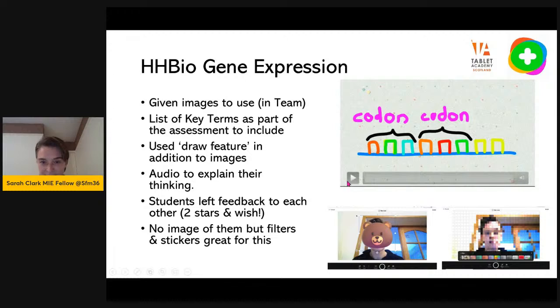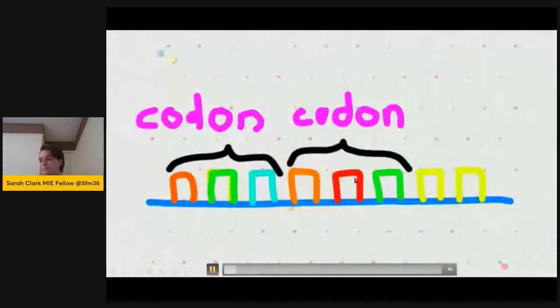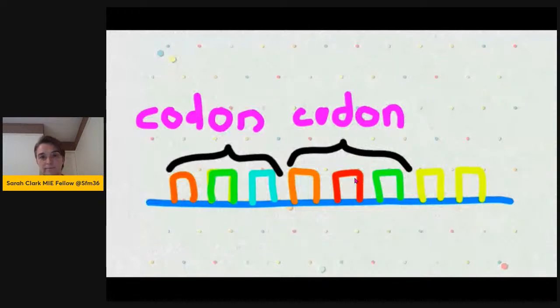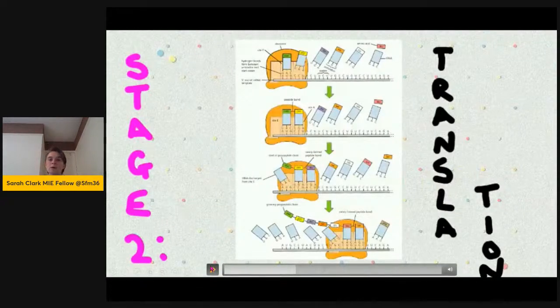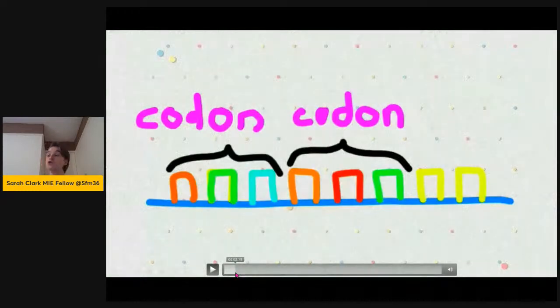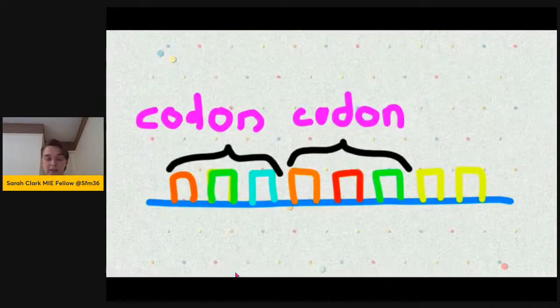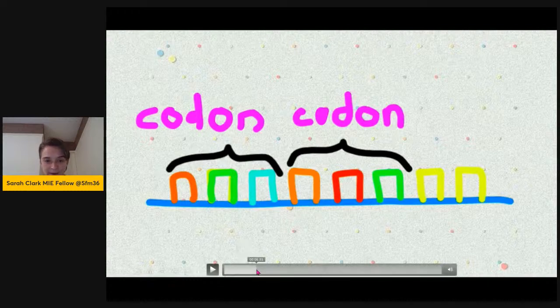So this example here is something that my students have done. This is an example of groups of codons. As you can see, there are 2 groups of codons identified, and there are 3 bases in each group. This stage is translation. During translation, the mRNA passes through. So you can see in that first part of the video, this was something that the students had drawn themselves, and they explained the codon. The second part of the video